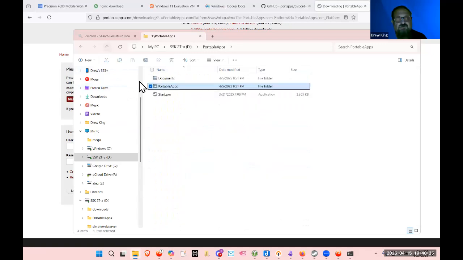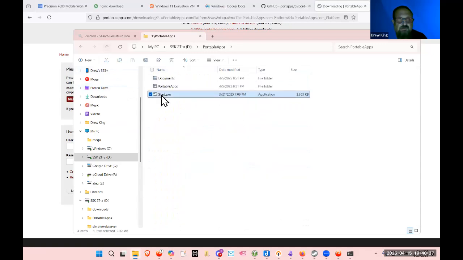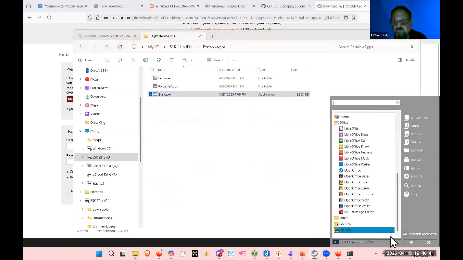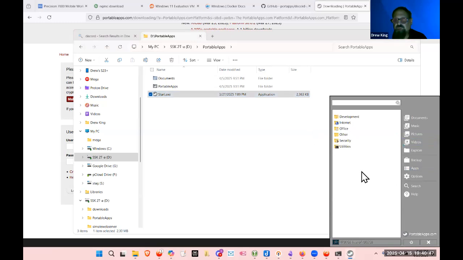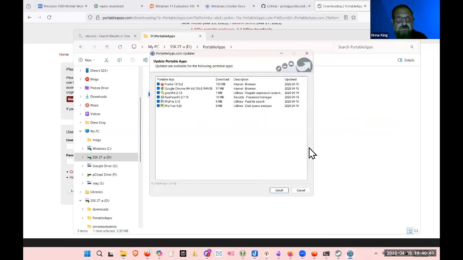Then it has a start button. So basically, let me exit out of the software. If I click here, it'll bring this little menu up. And it's sort of its own, oh, this is cool. It's actually showing, I was going to talk about this, when I ran it just now, or reran it,